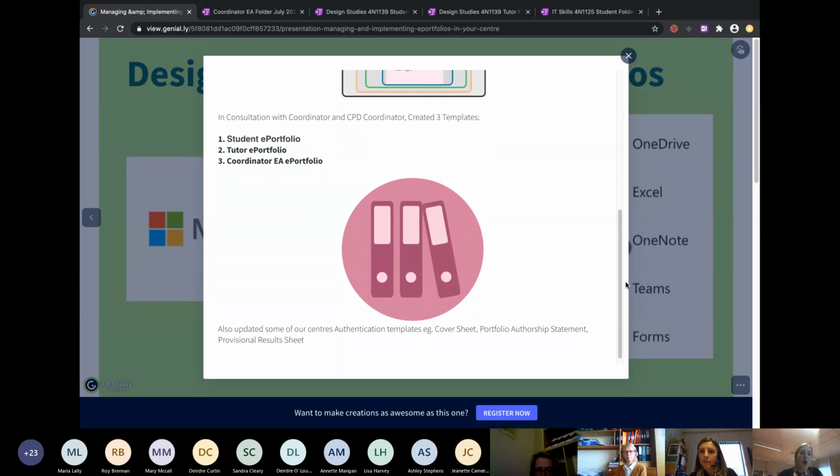I got to work on constructing templates. In consultation and with a lot of support from Trina and Ashley, and also huge input from my other colleagues here in West Wicklow Youthreach, we put together three templates: one for the student ePortfolio, one for the tutor portfolio that you would submit along with your student's work, and then also a template for the coordinator's AA